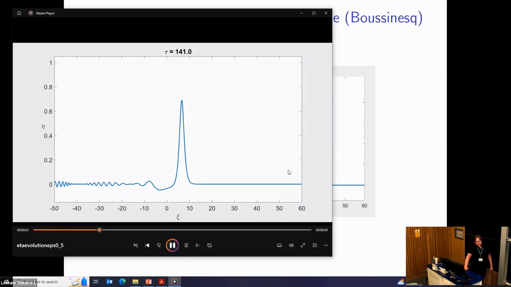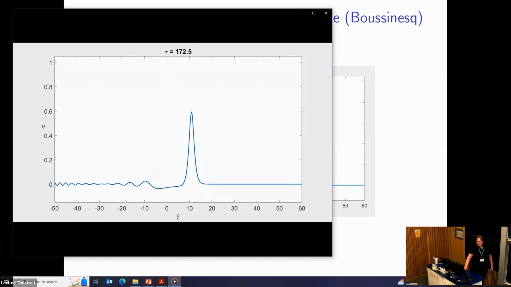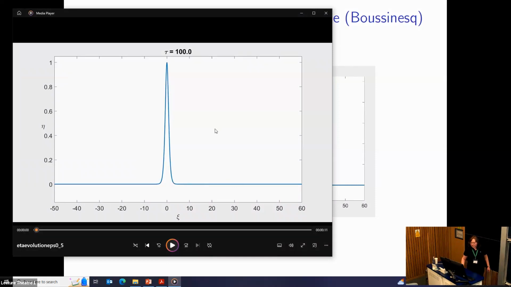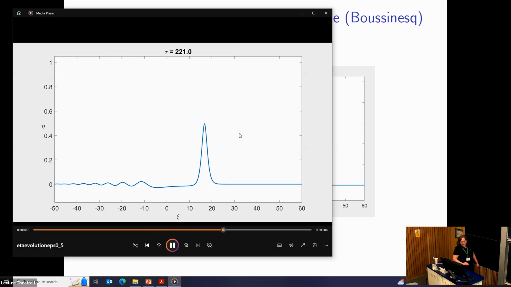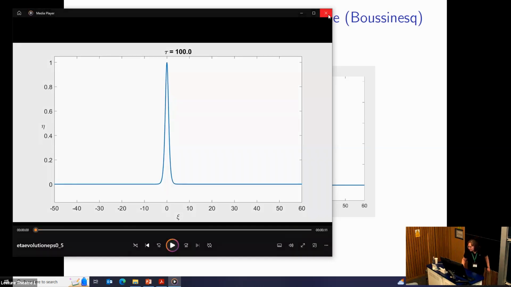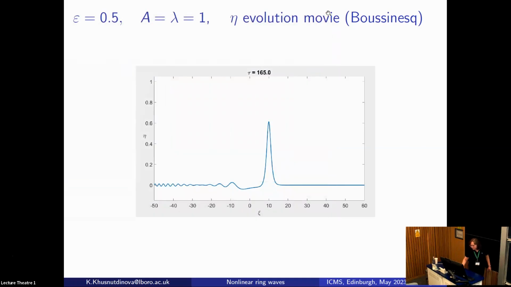So the shelf is more pronounced the greater the amplitude, and as a result, the oscillatory wave train is more pronounced as well. So essentially, it is an undular bore, right? We can view it as a step. Once the shelf is generated, we can view it as a step, and there is a step from that level to that. Oscillations naturally develop, and they are rather large here for this value of epsilon.